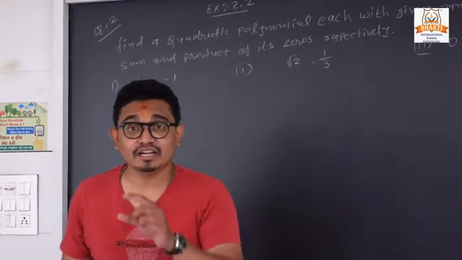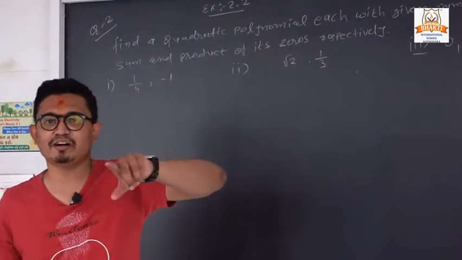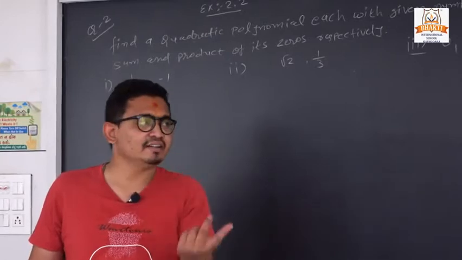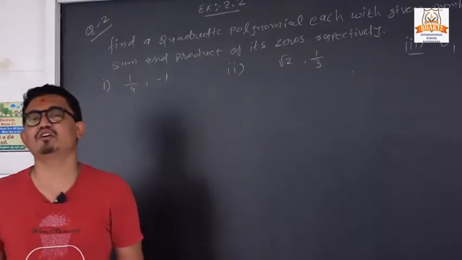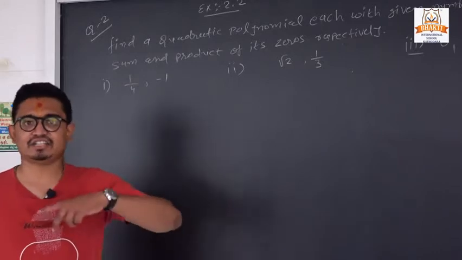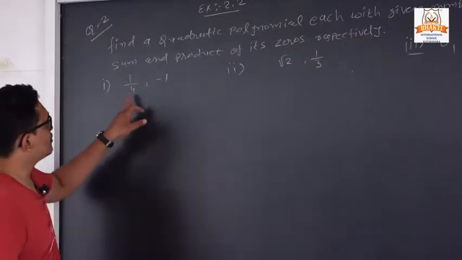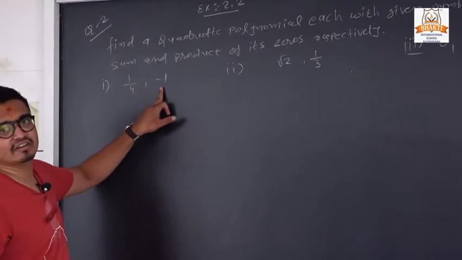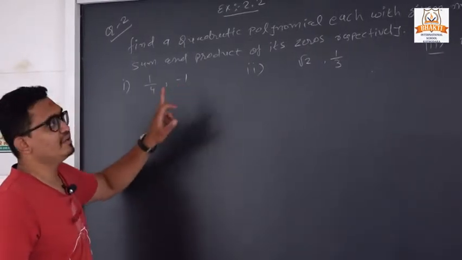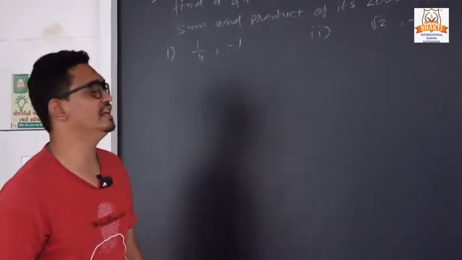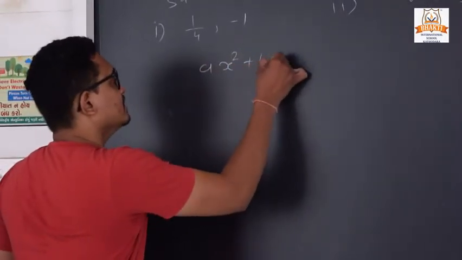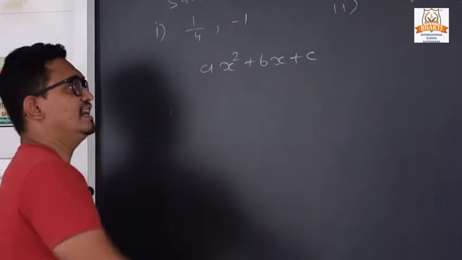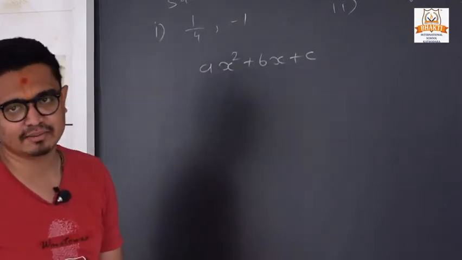The quadratic polynomial is given, and from the quadratic polynomial we find the zeros, and second thing, the sum of zeros and product of zeros. But in the second question it will be reverse. Sum of zeros and product of zeros are given. From them we can make the quadratic polynomial. So first of all, what is its standard form? So it is a standard form for a quadratic polynomial.